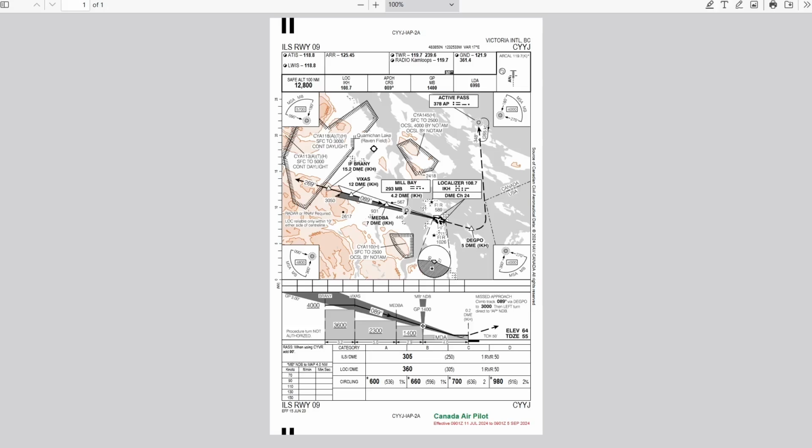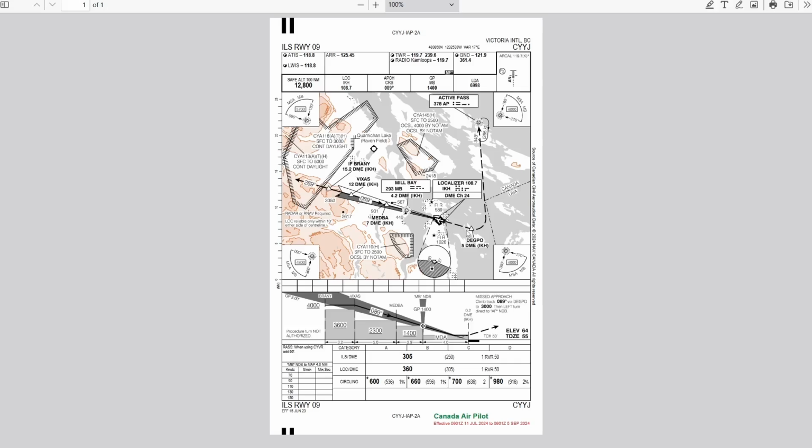So, straight up and down view: Victoria Airport, Mill Bay non-directional beacon, and all the corresponding waypoints that are on this chart. It gives the frequency for the non-directional beacon, which we'll have the plane tuned into. Up here it gives the frequency for the instrument landing system, 108.7, and all the other information, including a look at the terrain. Now this line, if you make a missed approach, for whatever reason, you don't break out of the cloud, or you don't see the airport when you do, or the clouds are lower than the limits allow, you do a missed